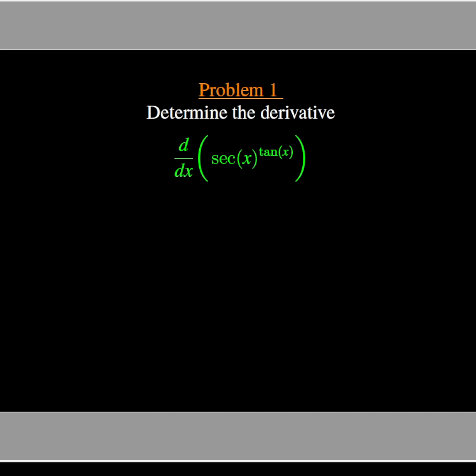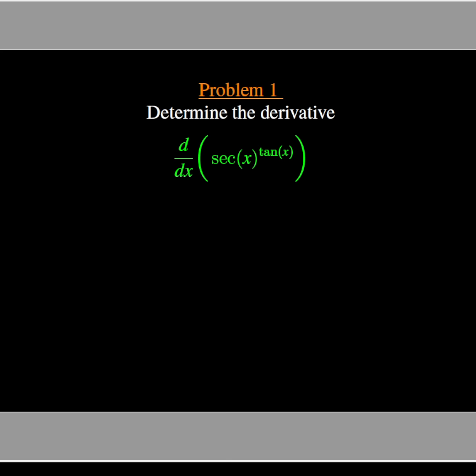In problem 1, we are asked to find the derivative of the function secant of x to the power tangent of x. Actually, this problem involves exponentiation where the base function is secant of x, and the exponent function is tangent of x. In order to compute its derivative, we need to apply the chain rule and the logarithmic